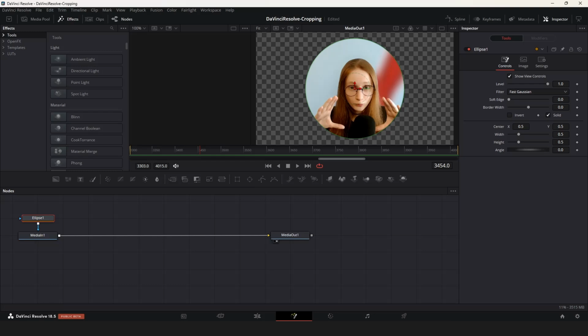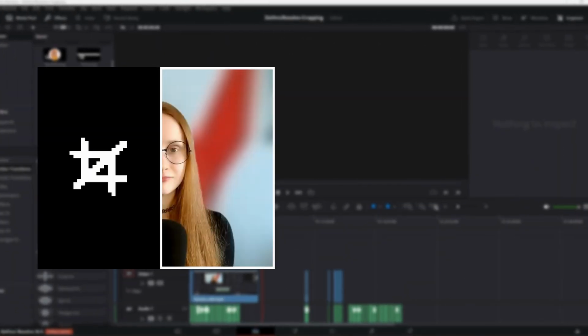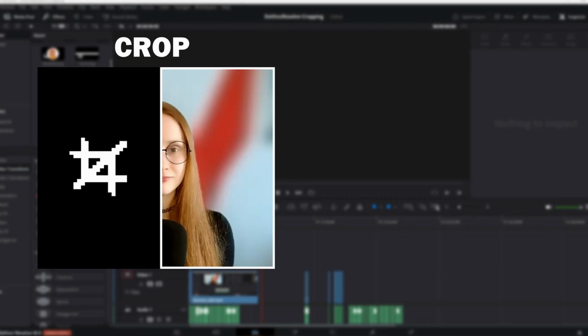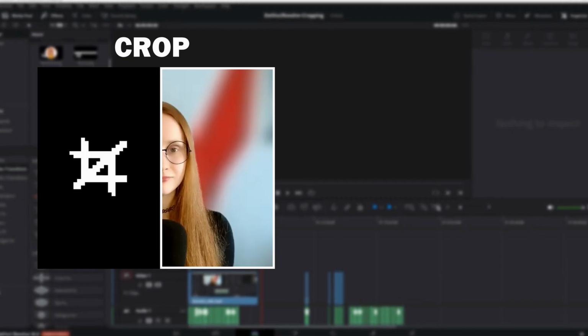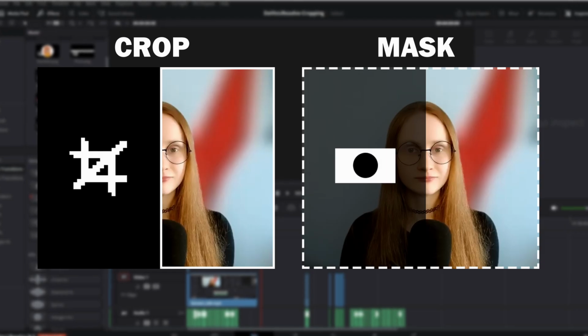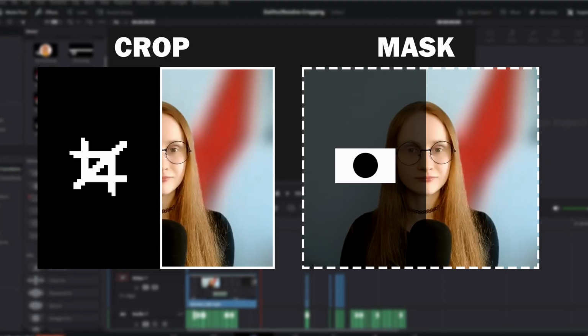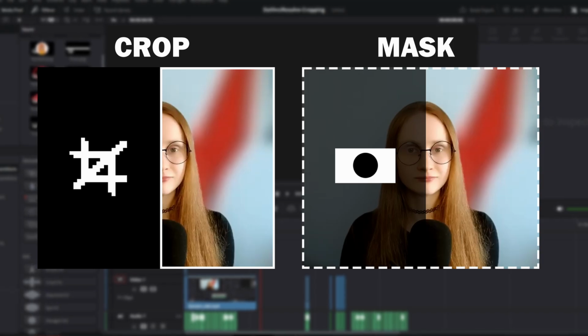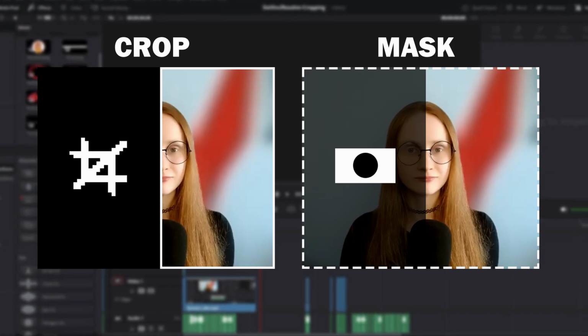And now let's briefly discuss the main difference between a standard crop using the crop tool and creating a mask. The crop tool is destructive. The cropped part of the video is simply gone and no longer exists. With a mask, the part of the footage is just not visible, but it still exists. It is just hidden, but we can restore it at any time if we decide to, for example, move the